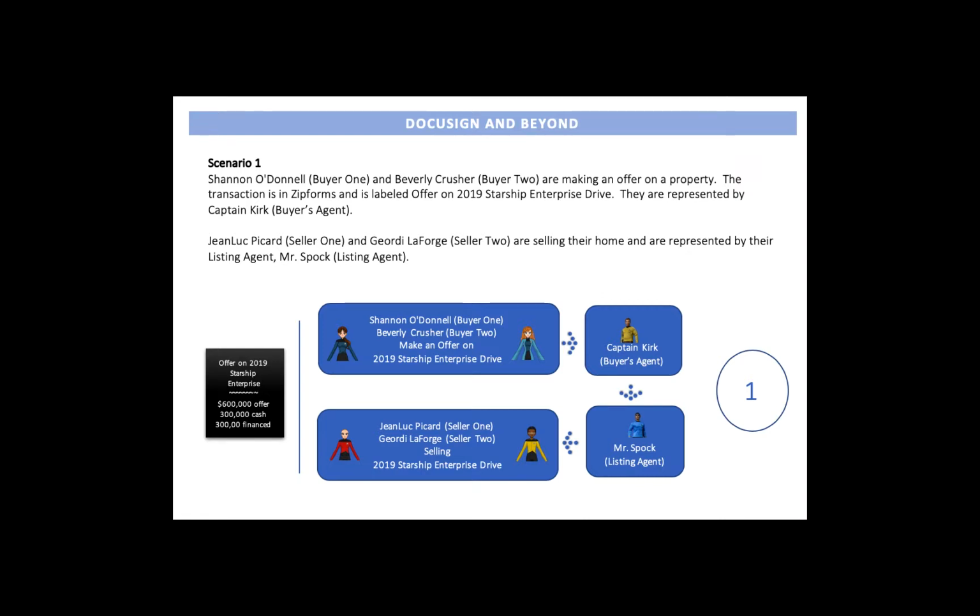Good afternoon. Here we go with Section 3, Scenario 1. It's basically pretty simple. I've got two buyers, Shannon O'Donnell and Beverly Crusher, and they're going to make an offer